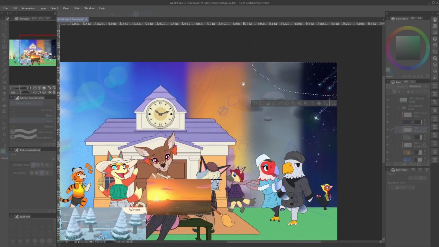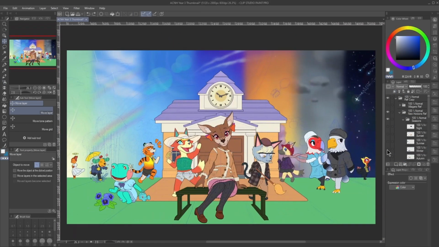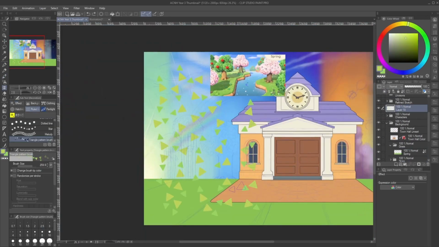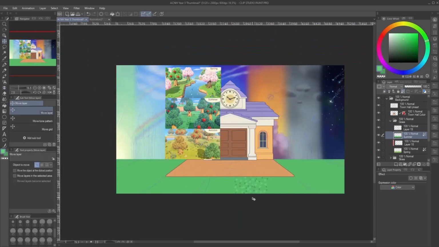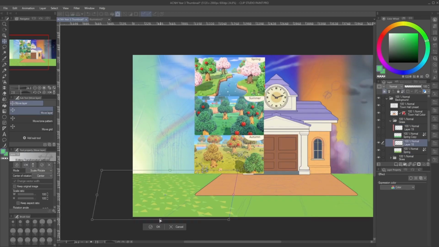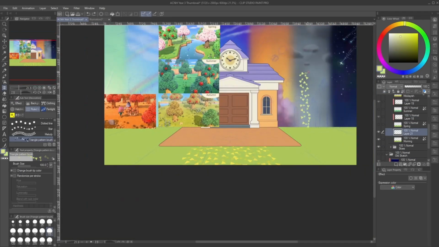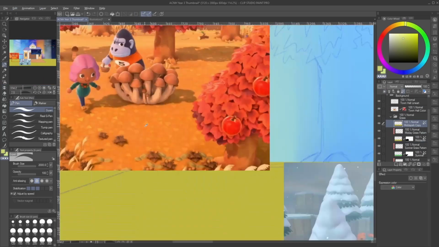So there's a bit of a lens flare going on in the summer section. This middle section is a bit ambiguous, but I guess it's between summer and autumn, so I put some contrails in there. I downloaded a nice triangle brush off the Clip Studio asset store because that's probably the easiest way to get this grass done, and I was having trouble with exactly what I wanted with that. You might notice that in spring it's a little bit weird because it's half raining and half not raining,